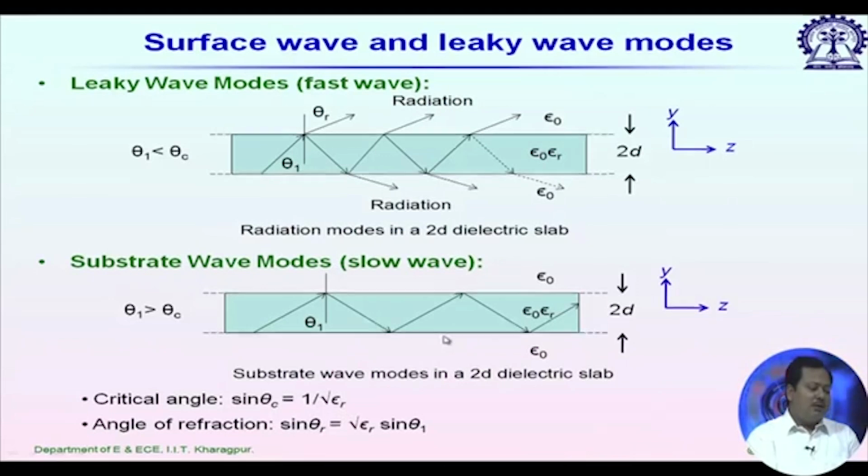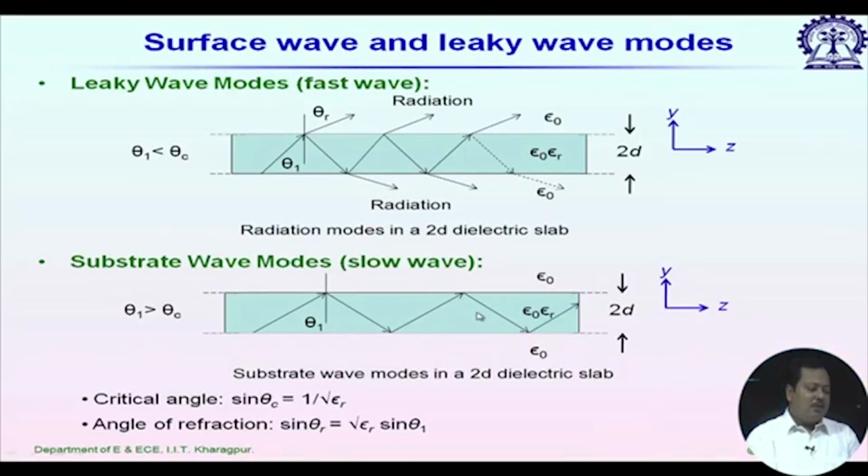Epsilon r is the dielectric constant of this slab. Now, since theta 1 is more than theta c, the whole of this incident electromagnetic wave is reflected back. So, we have total reflection and it will continue. So, we see that a dielectric slab itself can behave as a guiding structure, and in this case mathematically